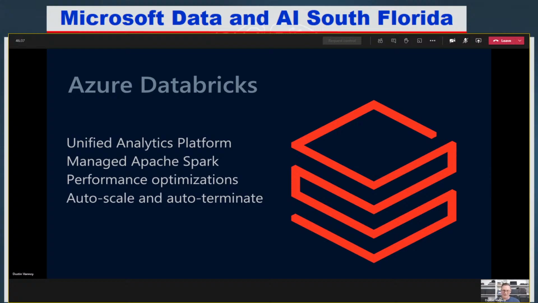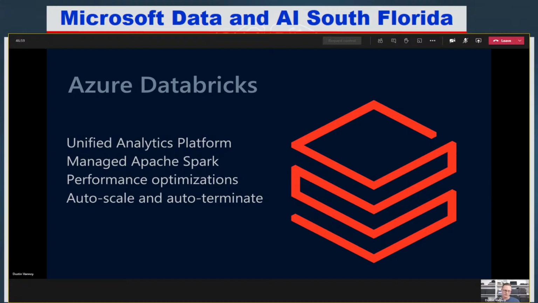And I'm going to get auto scale and auto terminate. What this basically means is that I can start with a small cluster and give some parameters for Databricks to decide to scale it up and down as the day goes on, as more jobs get submitted to it. I can also say if no one's doing anything on the cluster for a period of time, usually it's about 2 hours, something like that, go ahead and turn this cluster off because clearly we're not using it.